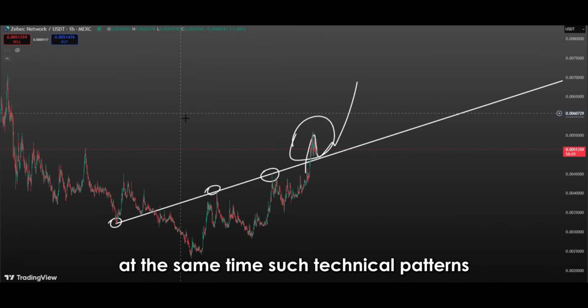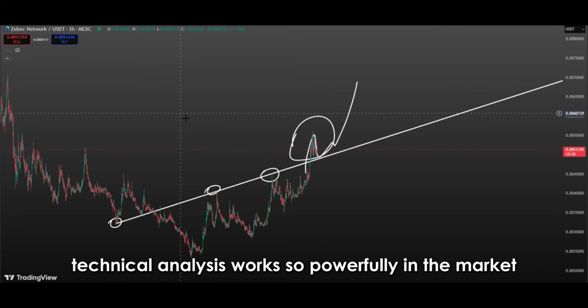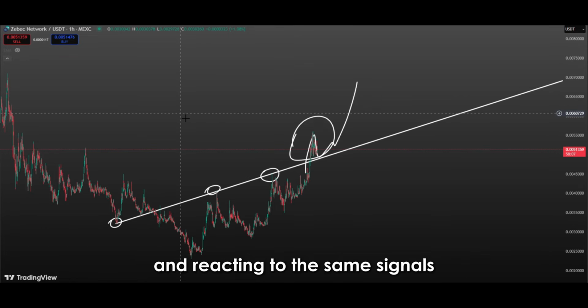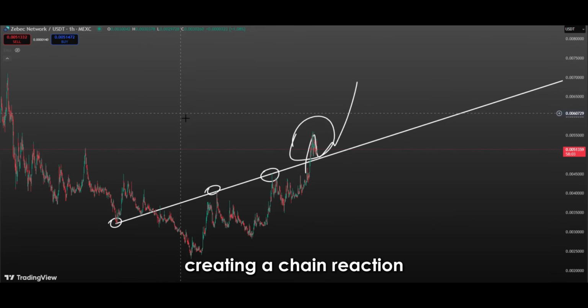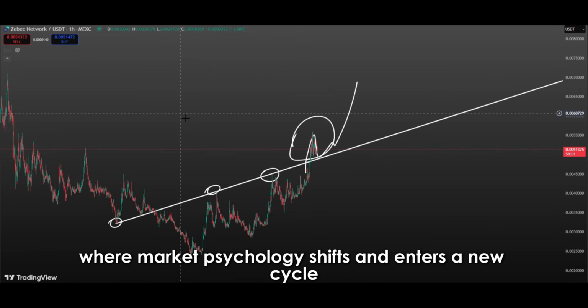At the same time, such technical patterns are often discussed on social media and investor forums, which naturally draws more attention. The reason technical analysis works so powerfully in the market is because many investors are following the same patterns and reacting to the same signals. This causes technical setups to become self-fulfilling prophecies. The price breaks the trend line, investors interpret it as a buy signal, buying begins, the price rises, and this rise attracts more investors, creating a chain reaction. Therefore, descending trendline breakouts and subsequent retests are considered highly critical structures where market psychology shifts and enters a new